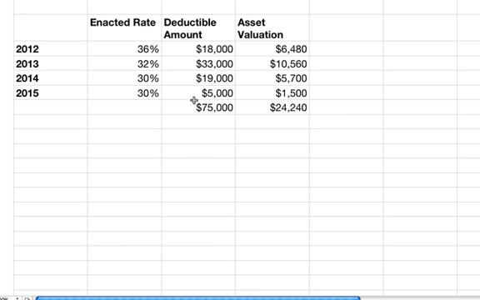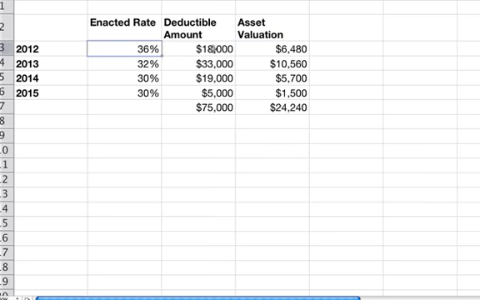These are the deferred tax assets set up for each year basically, and then this is the percentage of this number. So I guess the table's set up weird. But anyways, if you look at this table, in 2012, of the $24,240,